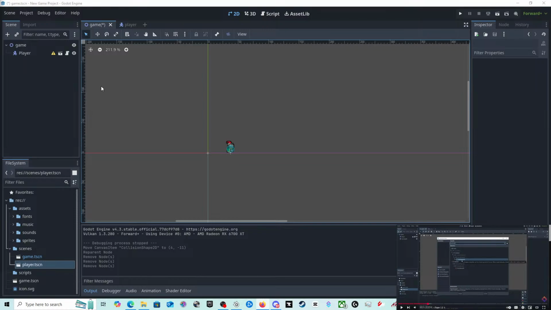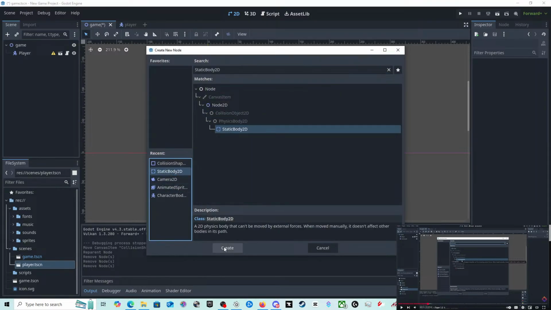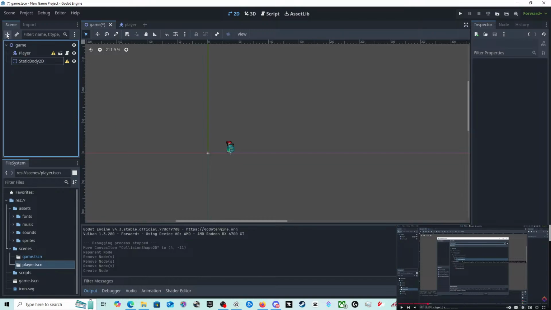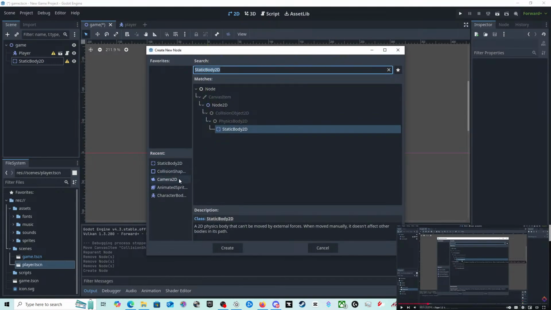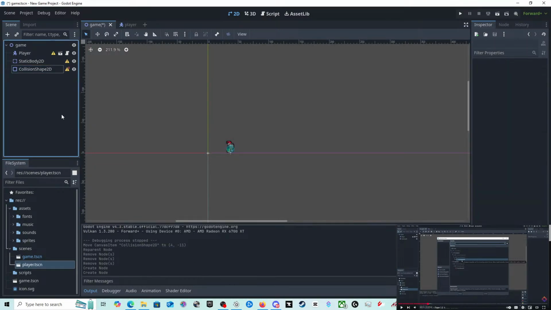So click out of that box. And then static body, create. Click out of that box. We need another one because I think we need collision as well. Right, cool. Another type of physics body, it's the one we use for things that don't need to move. That's why it's called static.